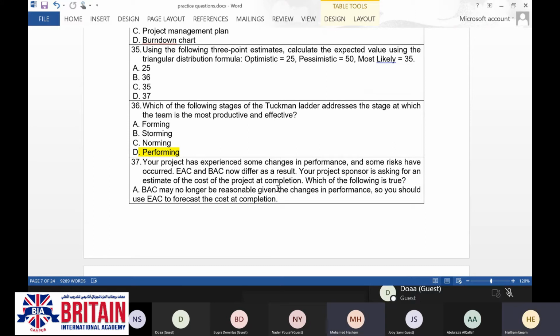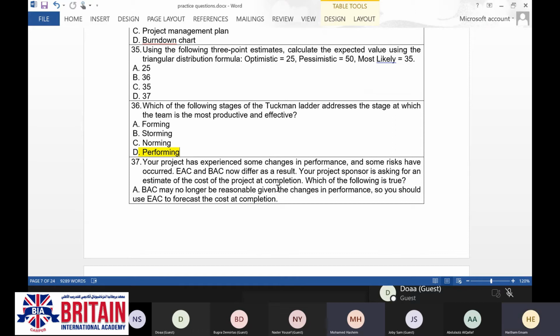Okay, just clarify to us, please, what is the difference between the budget at completion and the estimate at completion? Remind us with the difference, please. Okay, budget at completion, which is the cost baseline. This is the original budget in the contract in the project, and this is what I should be measuring my performance or my actual expenditure against.